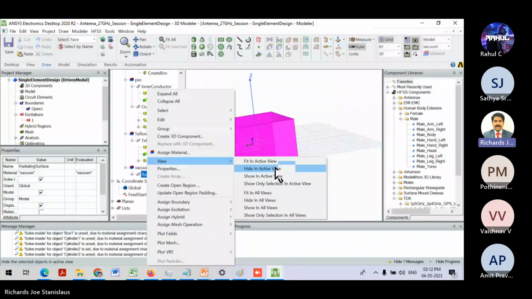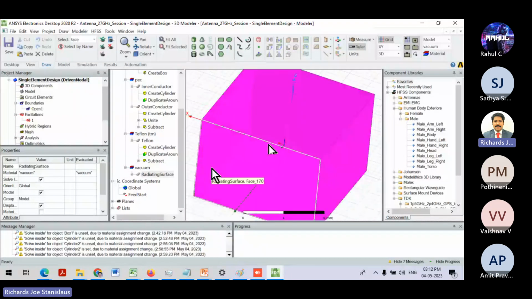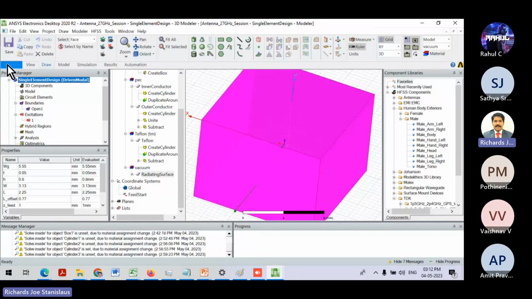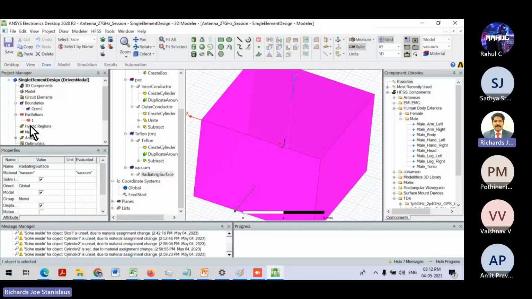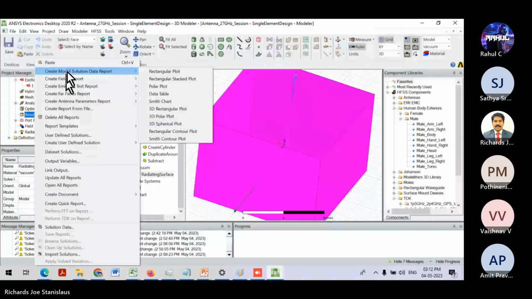Now this is a radiation surface. It is going to radiate the power outwards. So again, save it once. Now analysis also is set up. Next is, go to the